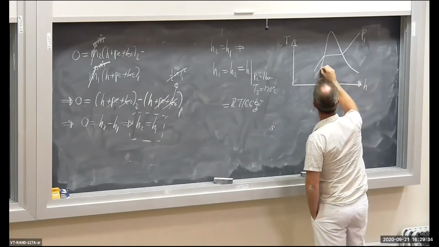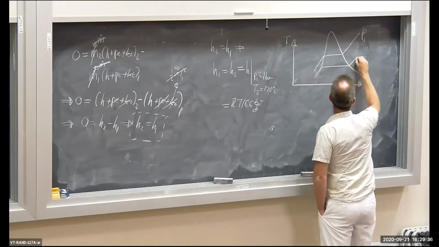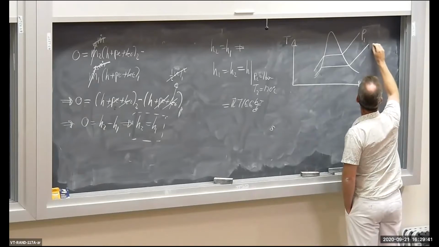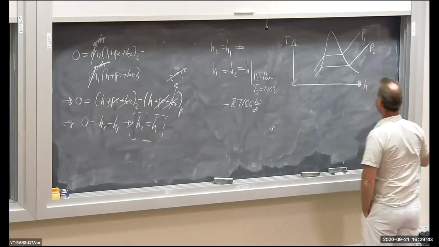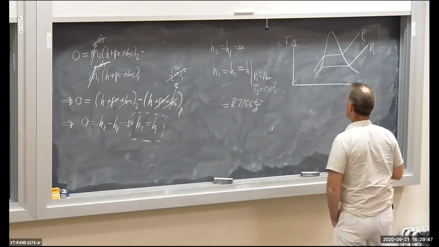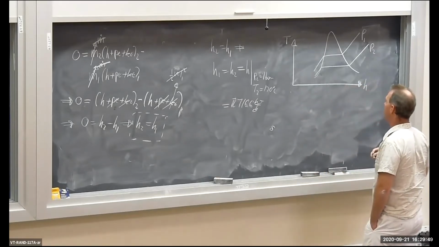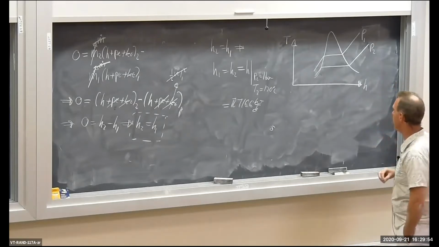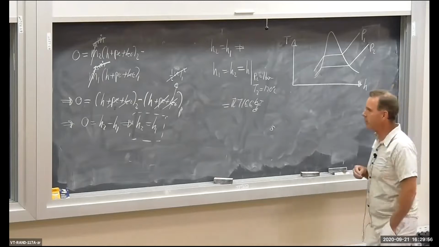Let me put on the two isobars here. So here's P2, which is a lower pressure. Let me make sure this is right. Temperature. Yeah, should be okay. Okay, so at state two,